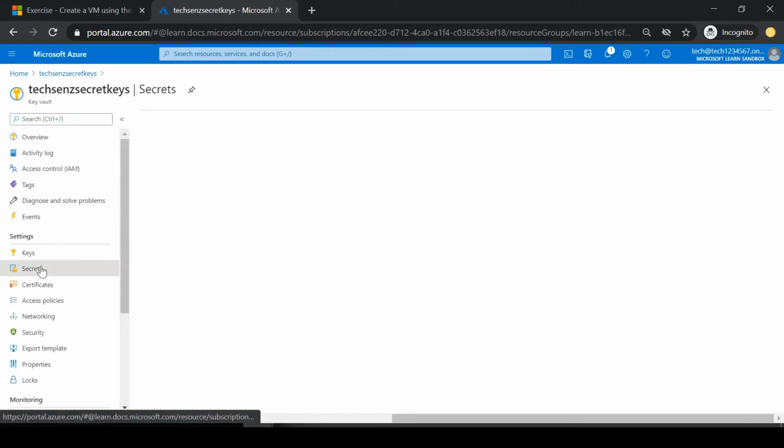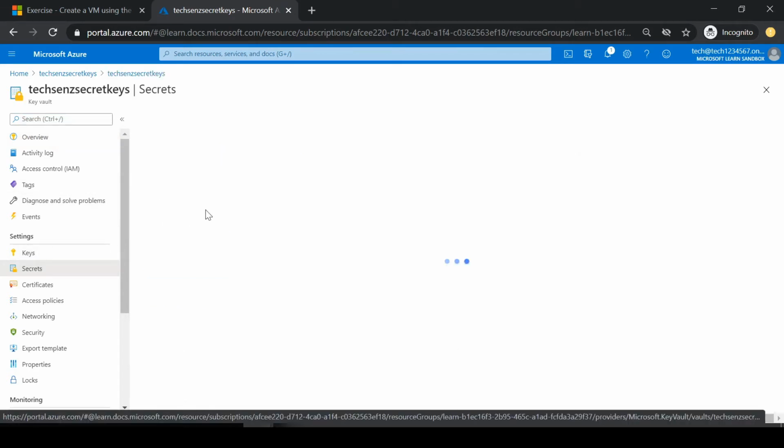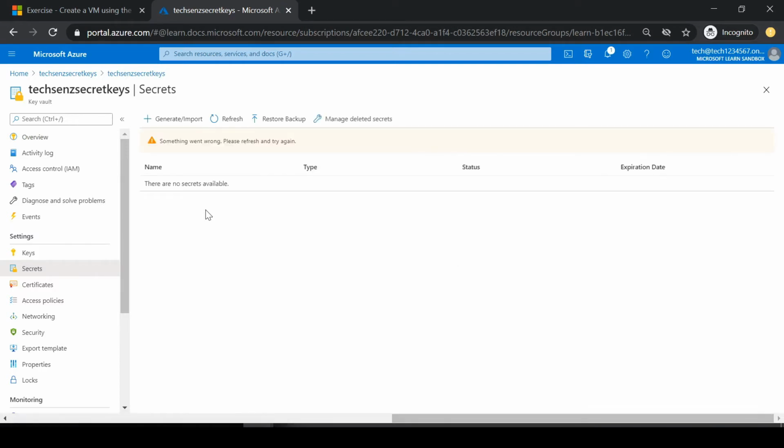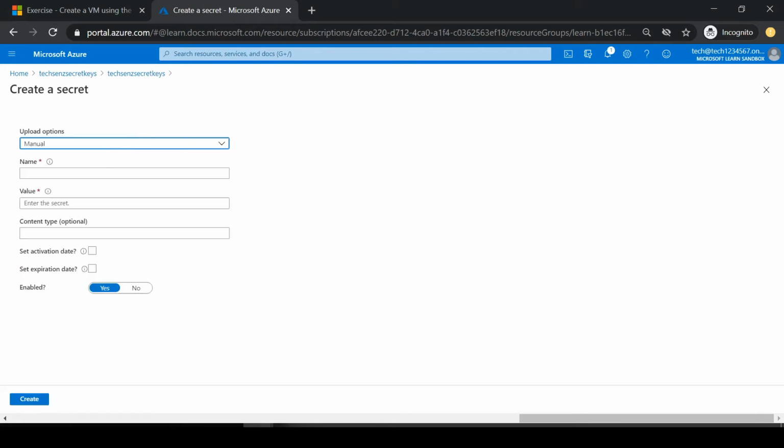So I need to create the secret. Let's say in the config file we store the username and password. I have to store the database user and password so that when my web application connects to the database, I need not hard code the whole credential. I need not decrypt it in the config file and encrypt it again while connecting. So what I can do, I can generate a secret. Upload option, name is password. Password is, let's say,